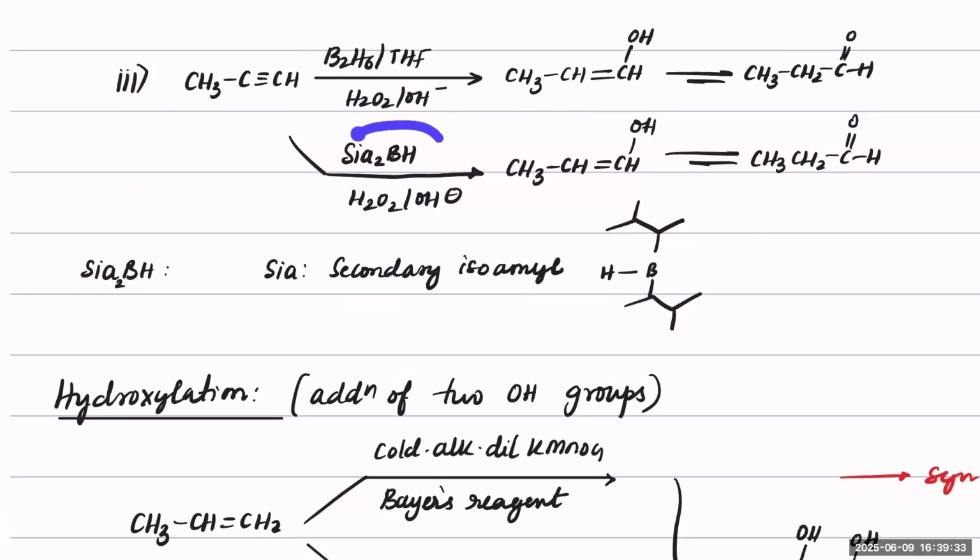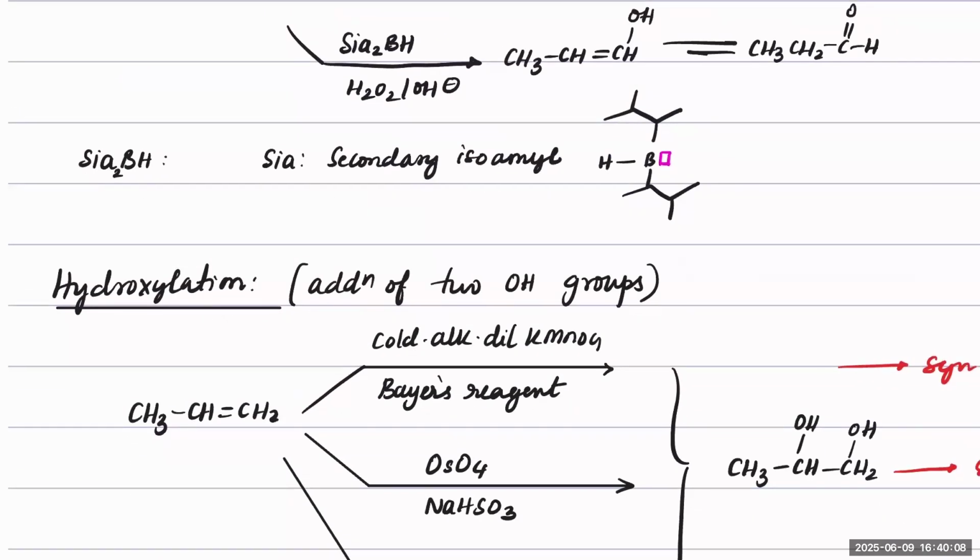See, next is Sia2BH. Sia means secondary isoamyl group. This is called secondary isoamyl. That is boron with this five carbon group here, with an empty orbital here and hydrogen. This is called secondary isoamyl boron hydride. Am I clear? So if you have Sia2BH, secondary isoamyl boron hydride, then